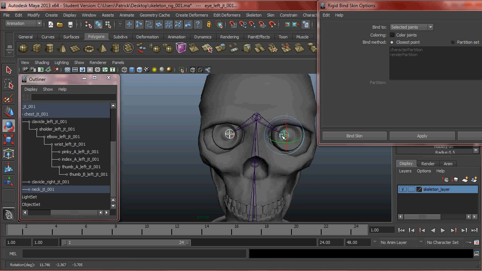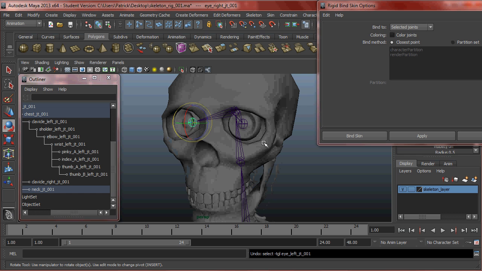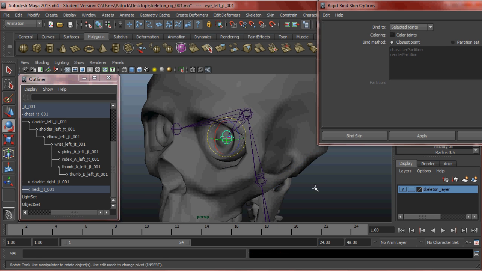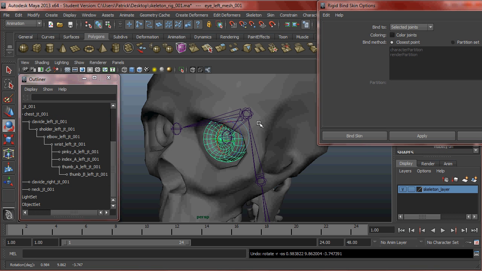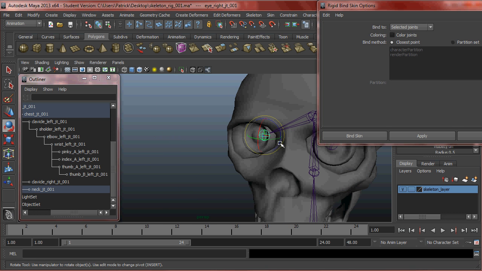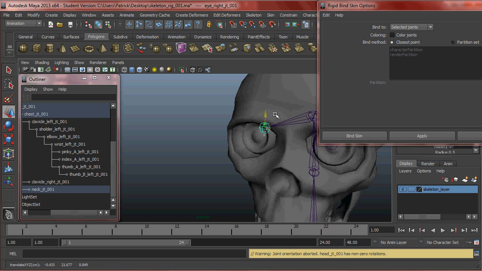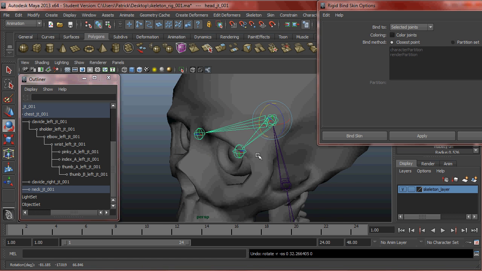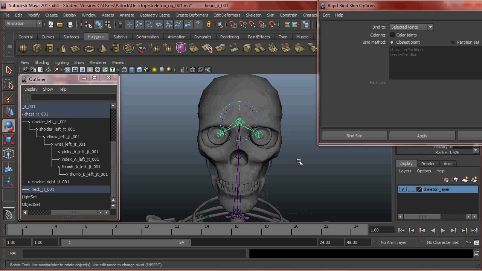So when I move my joints, let's see what's going on here. Just like that. Bind the skin. Alright, we'll fix that later. But for the most part,